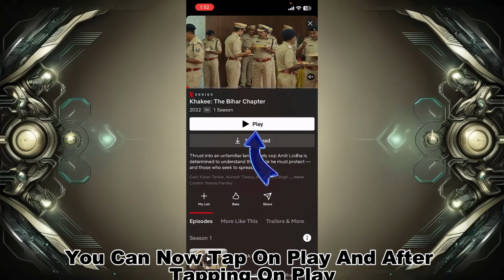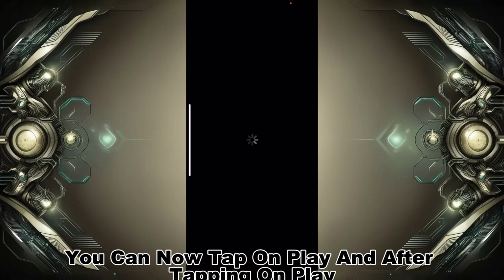After selecting the movie, you can now tap on play, and after tapping on play, make sure